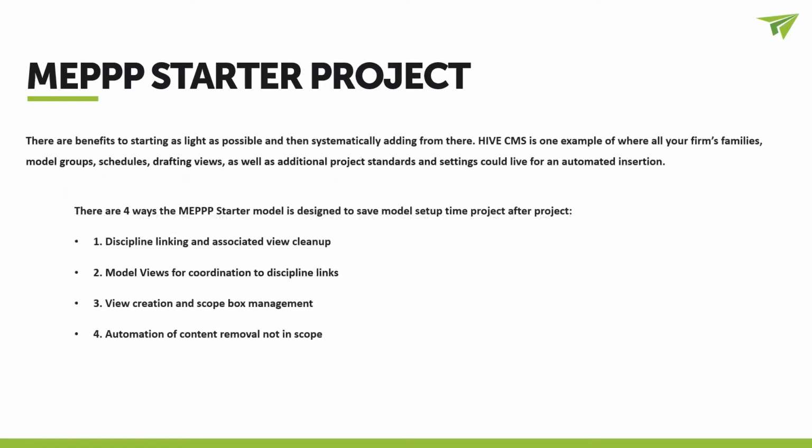The 4 ways that the starter model is designed to save setup time is through utilization of the discipline linking and associated view cleanup. So they've burned out all the stuff you don't need. Model views for coordination to discipline links, and view creation and scope box management. Automation of content removal that's not in your scope, right? So we use the Dynamo to kind of burn out anything we don't need,